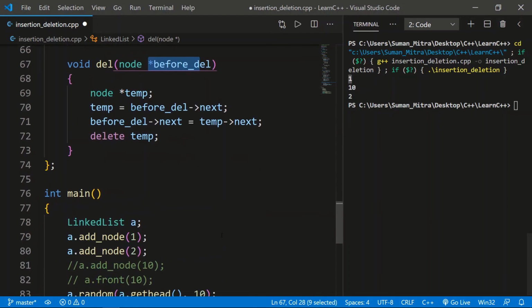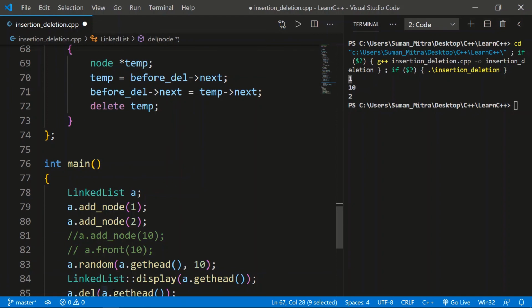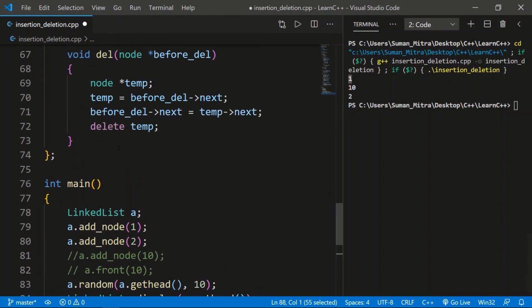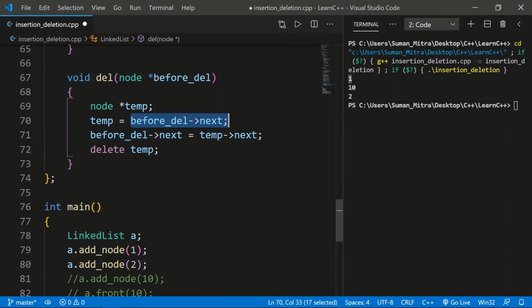Means we wrote here a dot get head, which is just passing the head of the node, that is the position for 1. And here we are accepting the position of next, that is the value of 10 is inside this temporary node. And now whatever it was pointing to for the next inside this node, it was pointing to 10. Now it should point to whatever is after the temp, means whatever the temporary next is pointing to. And what is temporary? Temporary is just before next, means 10, and we wrote one more next, means it is coming to 2. Now 1 will point straight to 2 by removing this temporary,